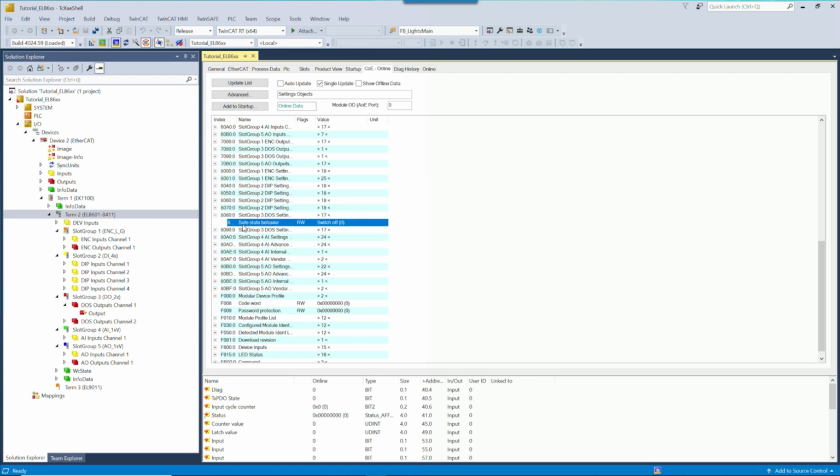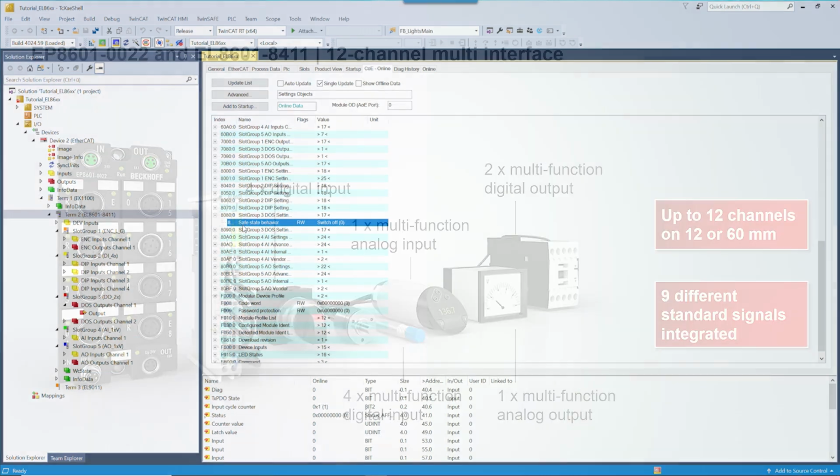So you can here configure the safe state behavior of the digital output, and you don't see all the other not required parameters. This way, you always only see the information that is currently valid, and all not needed configuration options are automatically hidden. This is really a simple and quick way to optimally configure the multi-I/O interface.